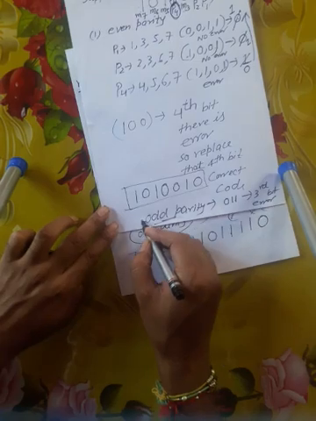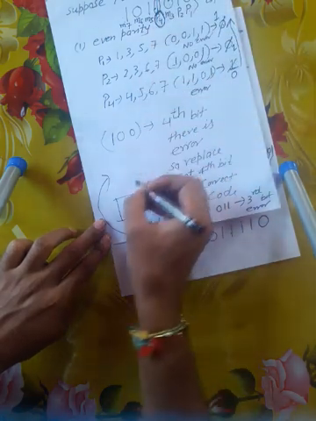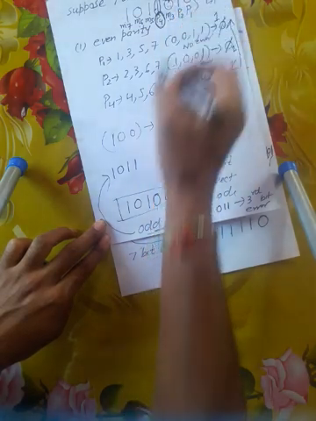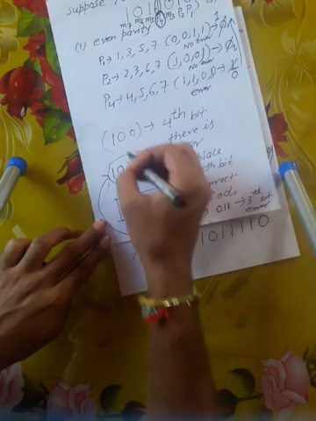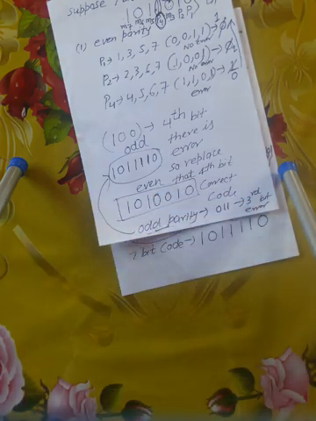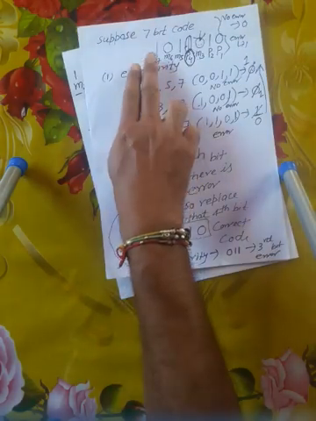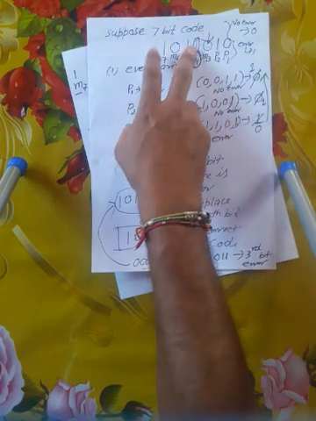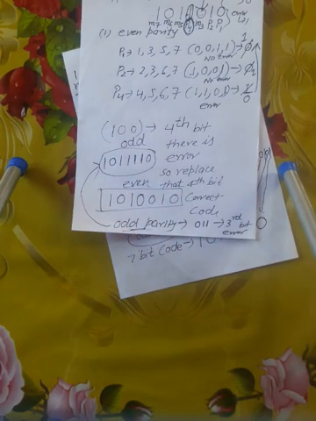What will be the correct code? Now odd third bit is this one. So what will be the correct code? 1, 0, 1, 1. This one. Change it. 1, 1, 0. This is for odd parity and this is for even parity. Okay, just practice it and you can make any other example. Just change 0 by 1. You can take 1, 1, 1, 0, 0, 1 or 1, 0, 0, 1, 1, 1. In this way you can determine the error and you can correct the error.